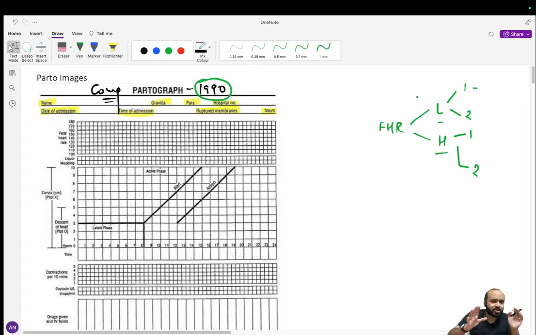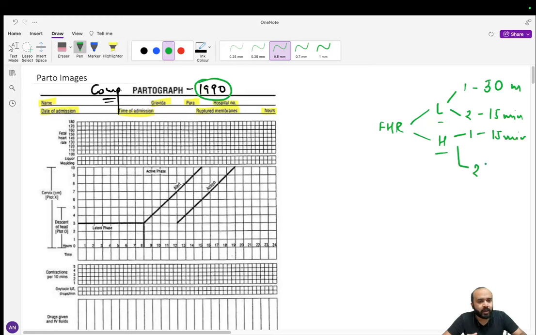So if there are no such risk factors, then the patient is a low risk patient. In that scenario, you will be auscultating her heart rate every 30 minutes in the first stage, whereas in the second stage it will be done every 15 minutes. Whereas if the patient has any of these maternal or fetal high risk factors, then in the first stage it is going to be every 15 minutes, and in the second stage, every 5 minutes. This is called intermittent